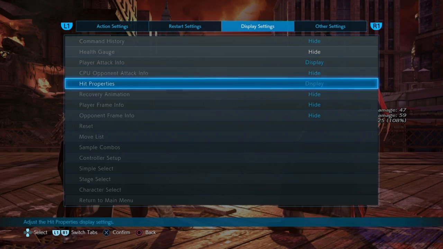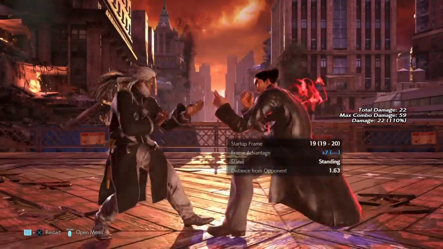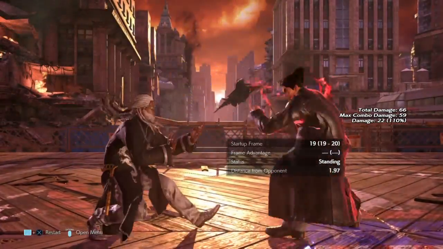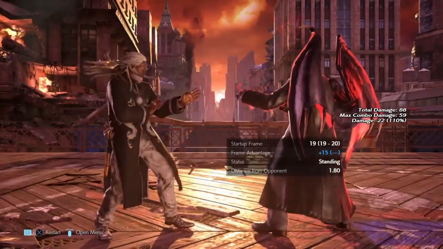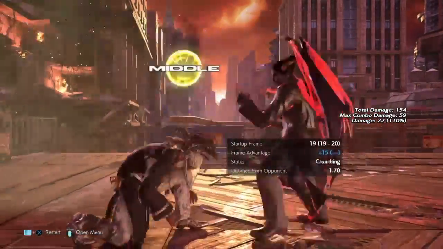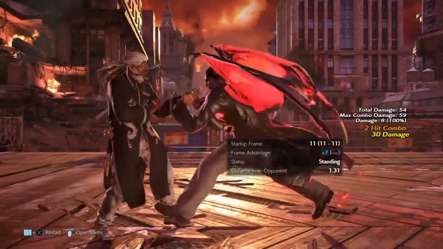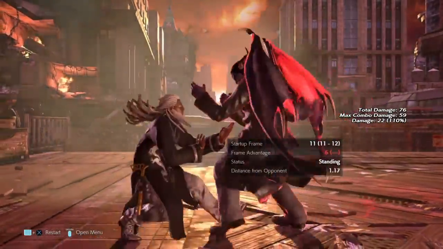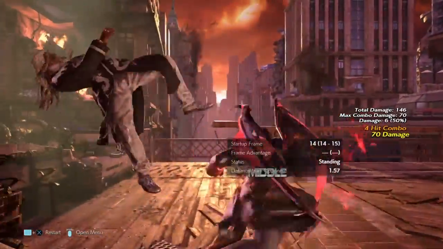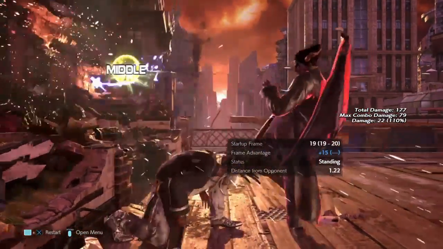let's just turn on the frame data real quick. So if he does this, it is +7, as you guys can see, but when devil, it is +15, as you guys can see. So Kazuya can just say, dude, fuck your normal, I'm just going to do this. So with a mid electric, he can literally murder you for ducking a